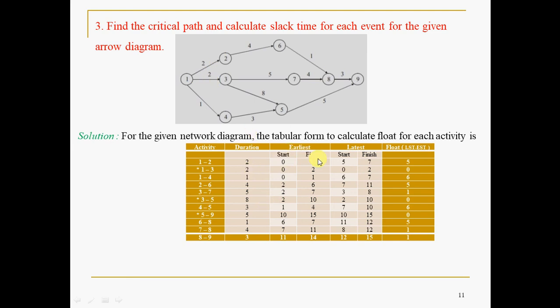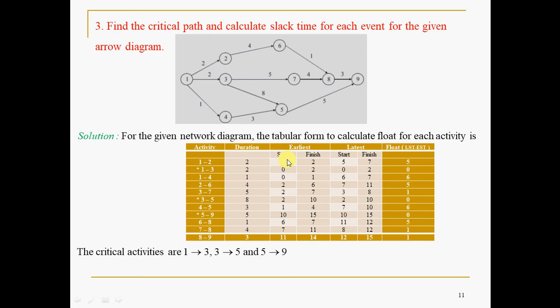Duration again, earliest start and finish, latest start and finish. As the network is already given, you have to write the square box and triangle box, and they are optional in fact. You can represent them with a table also. It is not mandatory to have square and triangle for each and every network. So this itself will show start and finish. Finish means TI plus TIJ; this one is the forward pass, this is the backward pass, TLJ minus the start time. This is the network, and the critical activities are represented with a star mark, whose float is 0.